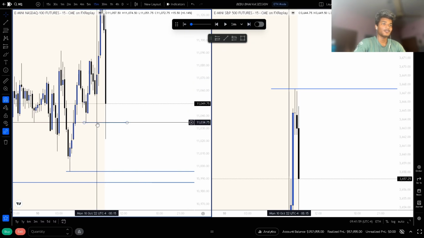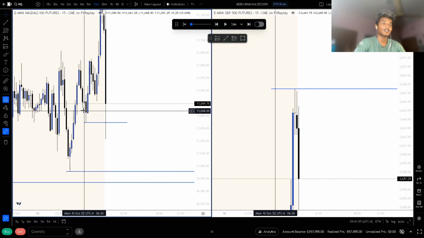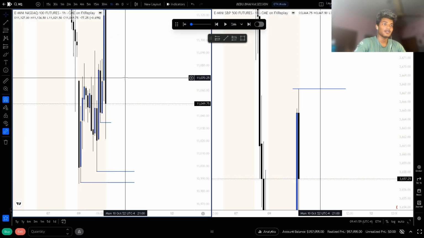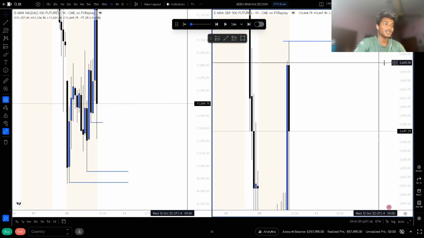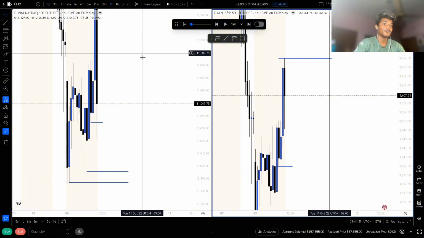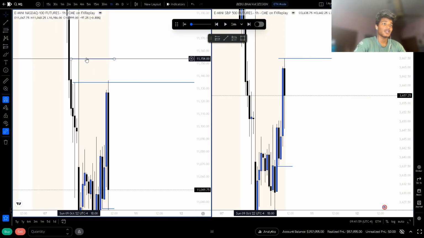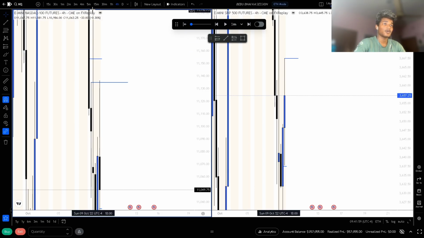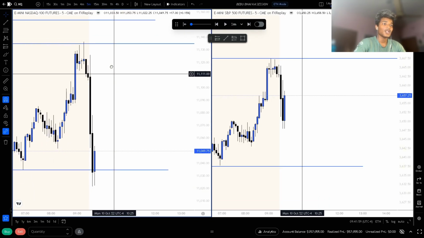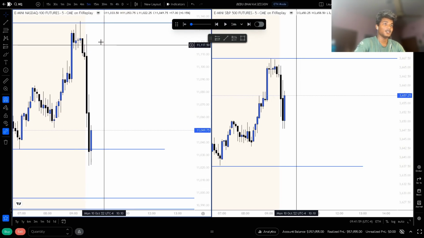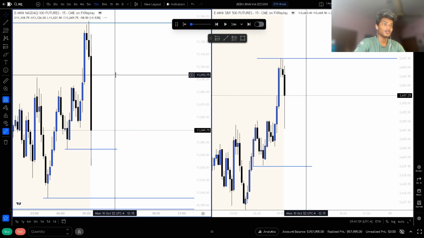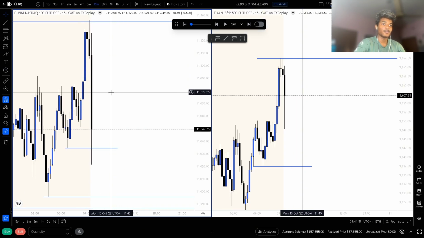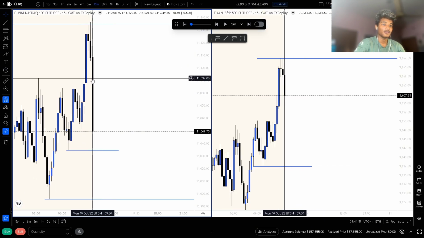So we took out this high, this low, and we did not tap any higher time frame gaps at this point of time. We do still have this hourly unmitigated above us, but we tapped this 4 hour gap, so I will not be taking any longs now. So let's wait for 45. If we inverse this gap,